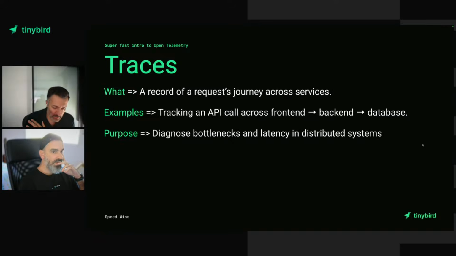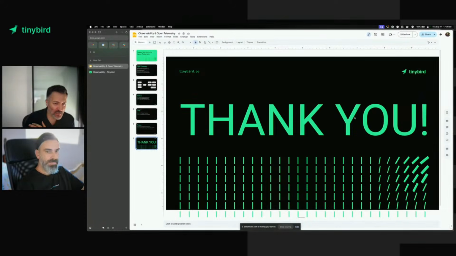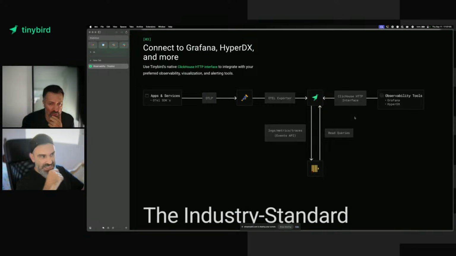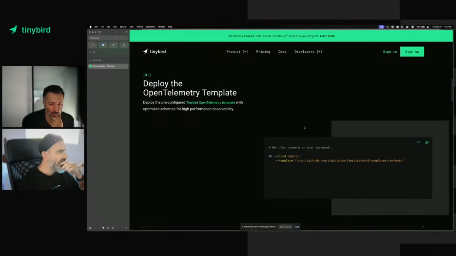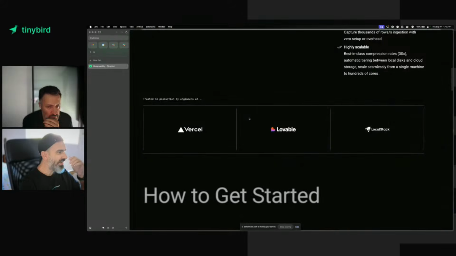So OpenTelemetry, open source standard for observability, vendor agnostic, metrics, logs, and traces. So let's over to you to explain a little bit what we're doing today. Yes. So I'm going to jump directly into